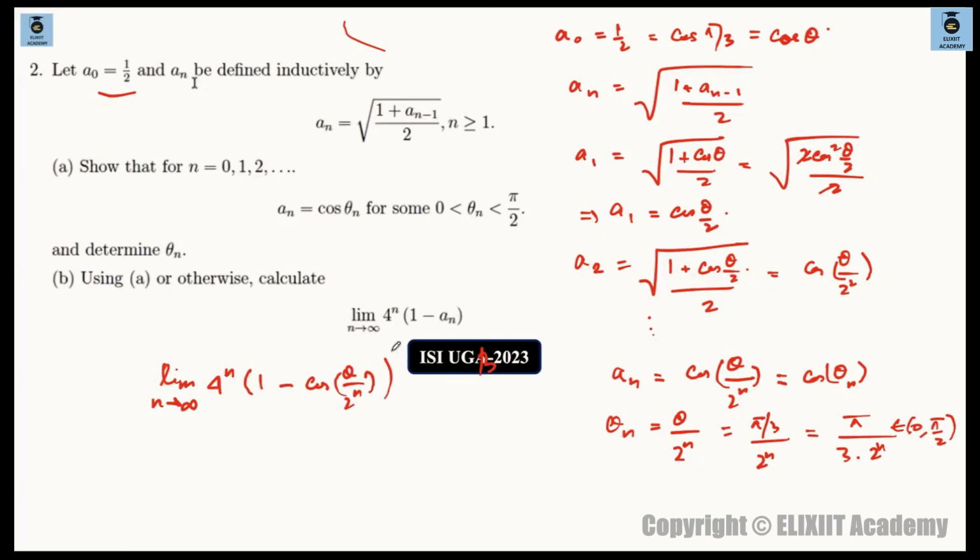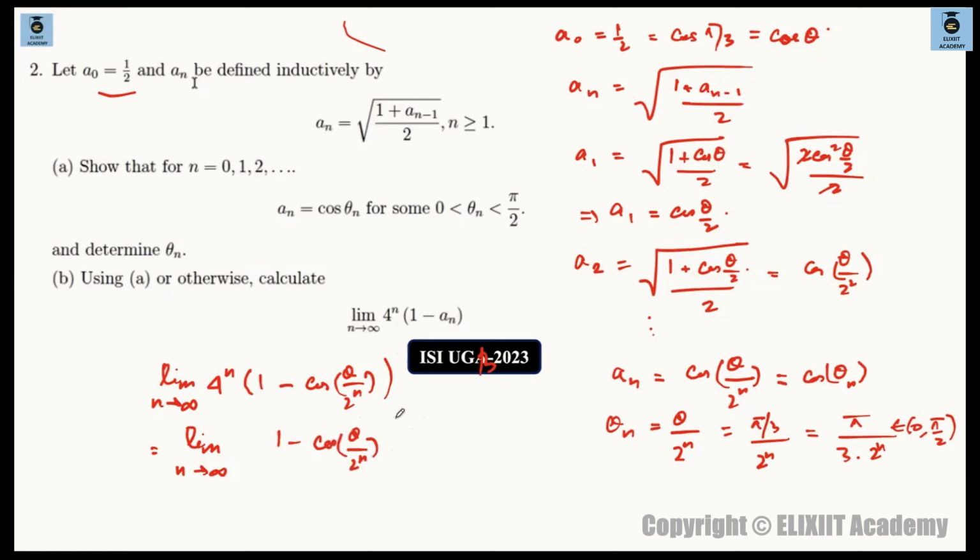Just we have to solve for this limit. अब देखो ये तो काफी सिंपल लिमिट है. अगर आपको फॉर्मेट मालूम है तो आप सॉल्व कर लोगे. Limit n tends to infinity. अच्छा, 4 to the power of n is there. What I do, I write this to be 1 minus cos of theta divided by 2 to the power of